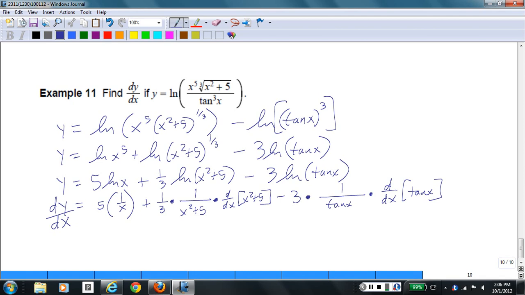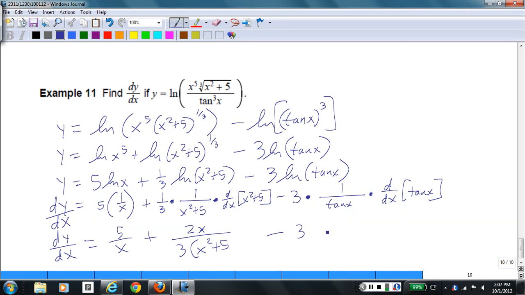The remaining derivatives, I think, goodness, I might need a little bit more space, but nothing really difficult left. 5 over x plus, could we say 2x over 3 times the quantity x squared plus 5? The derivative of x squared plus 5 is 2x. And then minus